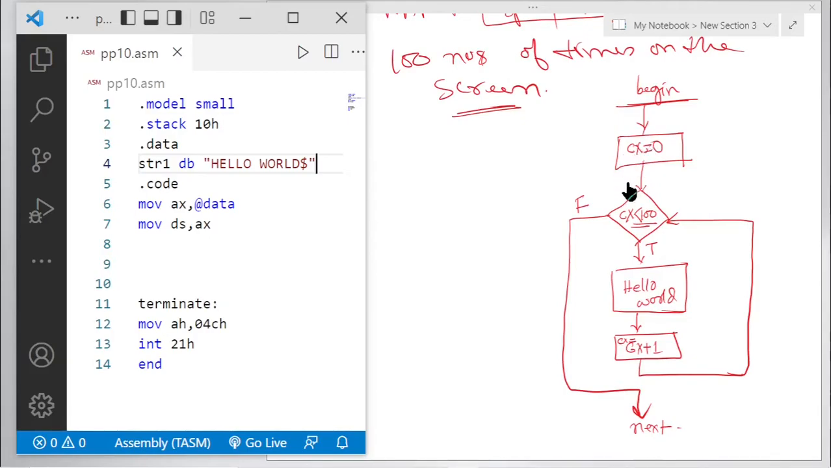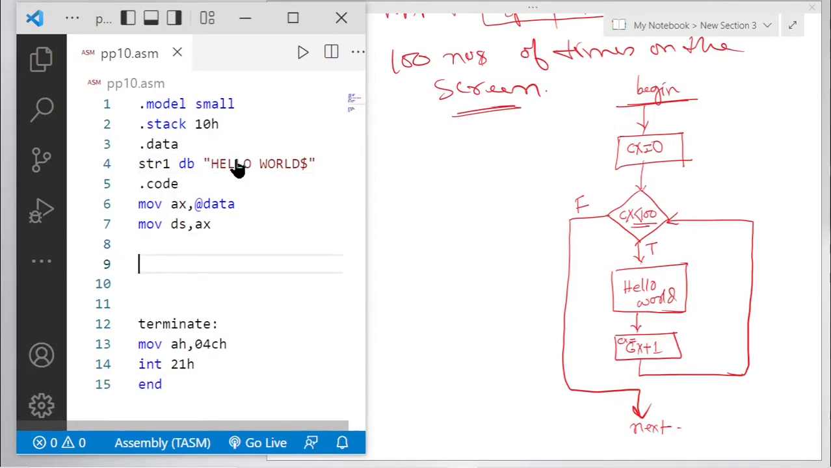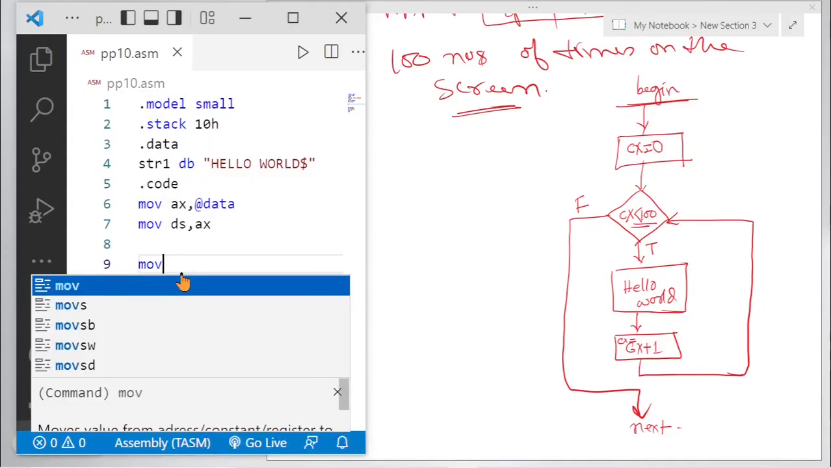And see here, these counters, I can use variables, but we'll be using registers here, okay? So okay, done. So string, we have stored it. Whenever we need to display, we can now display string 1 on the screen. And after that, let's start from here. cx is equal to 0. How do you do that? We'll be writing move